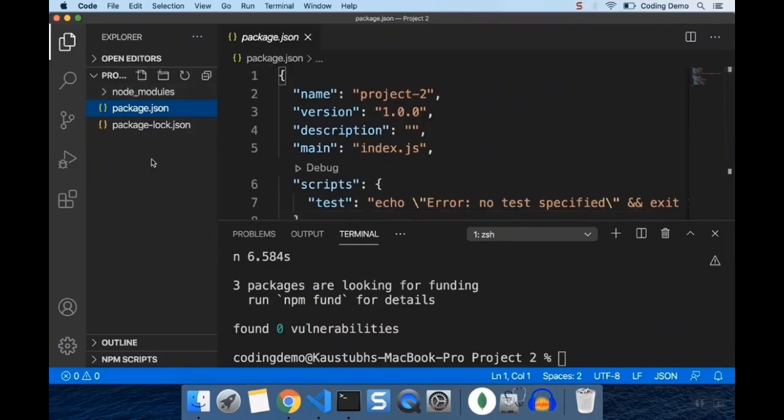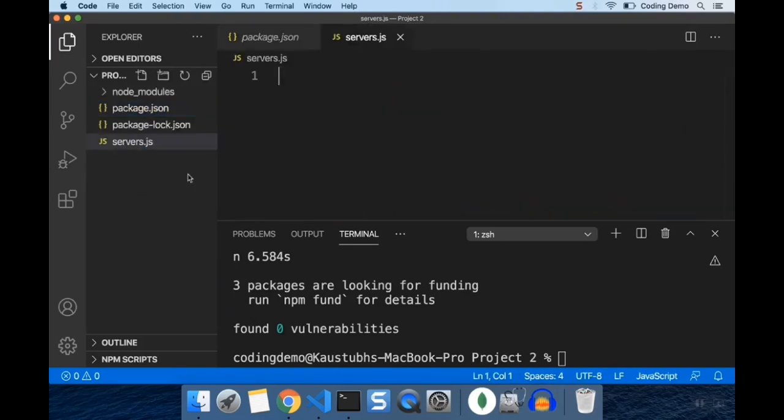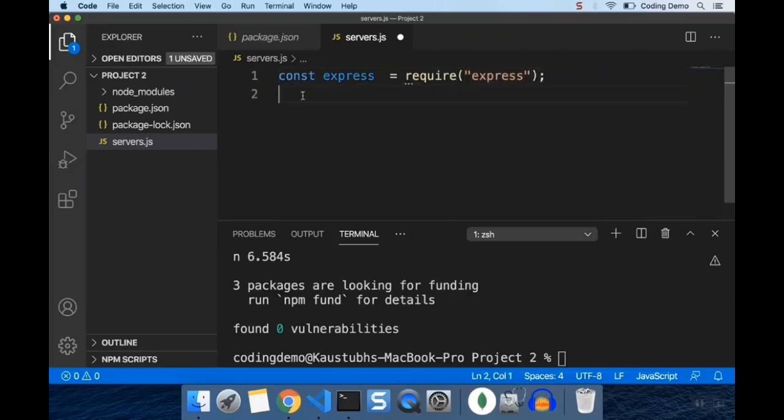That's perfect. I need to create a main file that will run. So I'll just call this server.js, and inside of this, we'll start by declaring the variables for all of these dependencies that we just installed. So the first thing is obviously the Express instance. I'll say require. And I'm going to be doing the same thing for